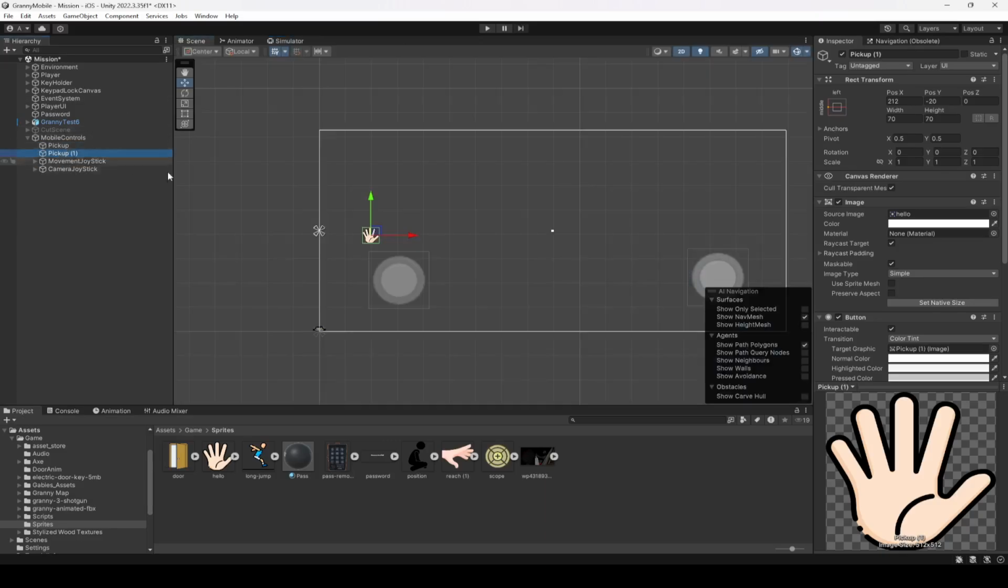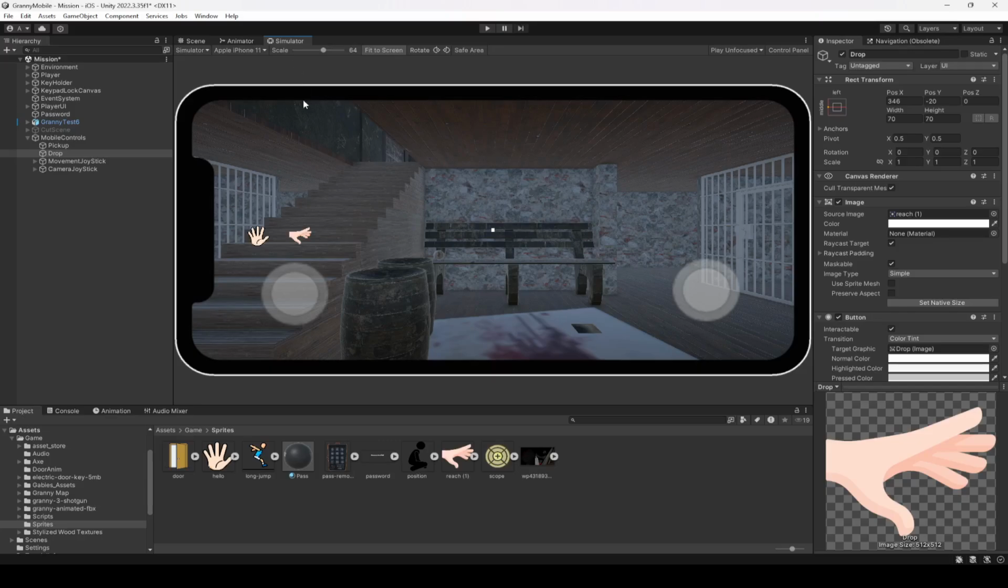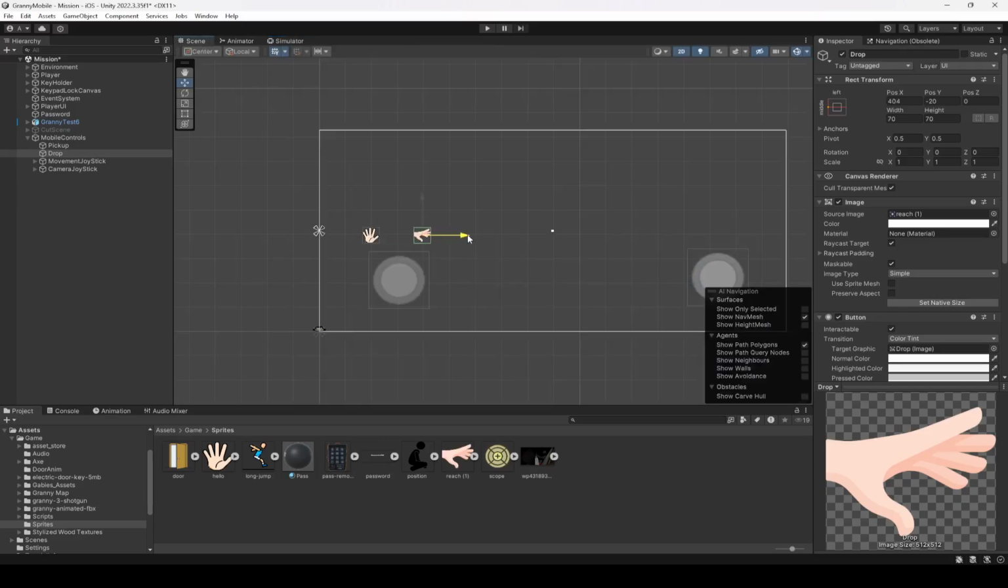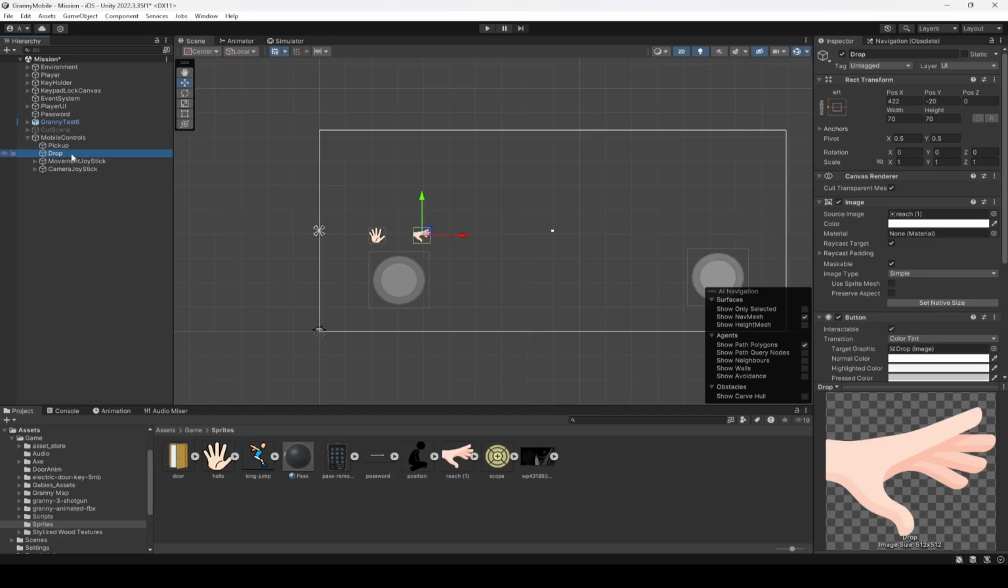Okay, after the pickup, duplicate it and name this as drop. Alright, and for the drop, what we're gonna do is we're gonna move this button right here and add this icon. Alright, move this icon right here. Alright, so pick and drop,